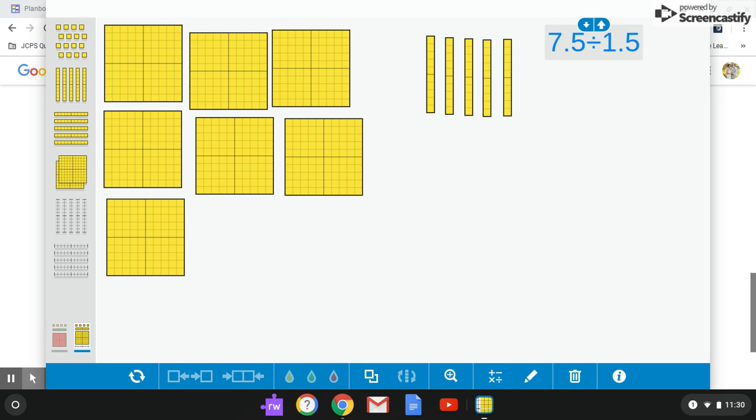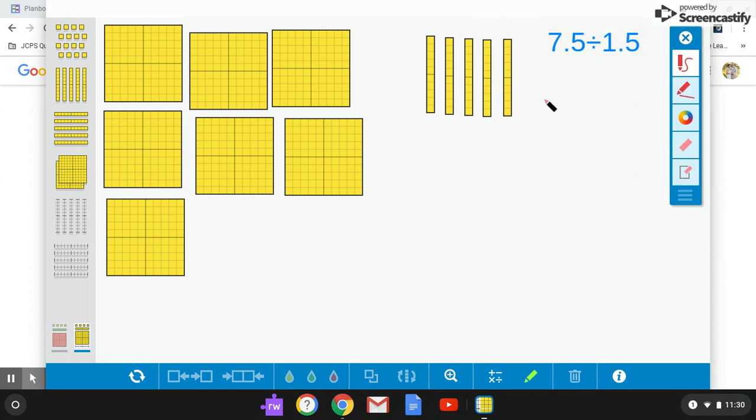Hey guys, we're looking at how to divide decimals by decimals today, and I'm going to show you using the model that you see on the screen. So first thing that I'm going to do is model my dividend, which is 7 5/10. So you can see from my model that I have shown 1, 2, 3, 4, 5, 6, 7, and then